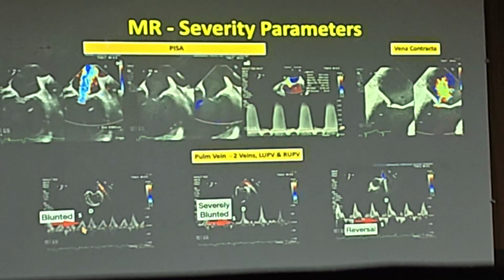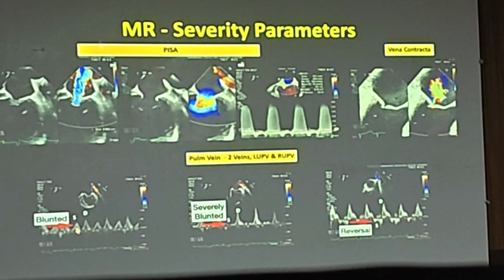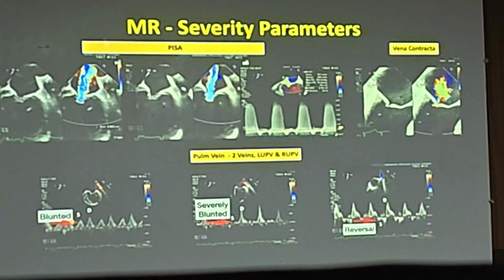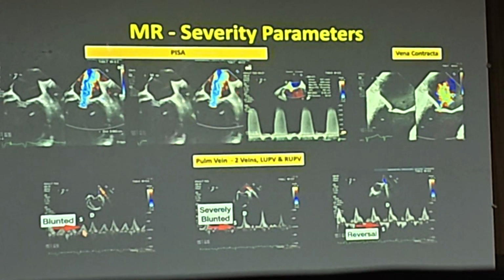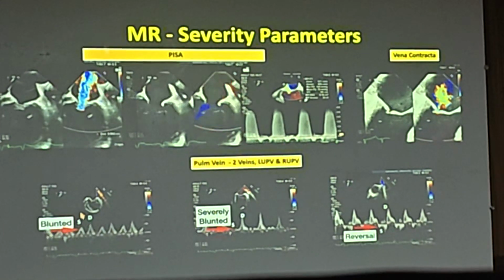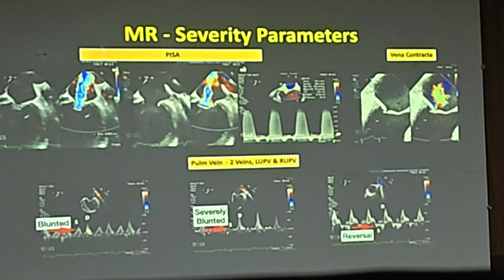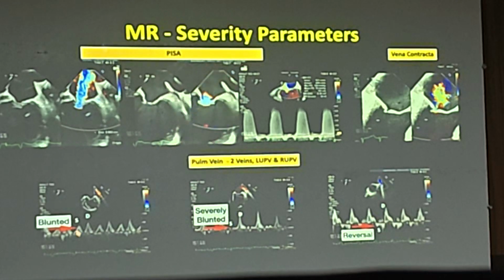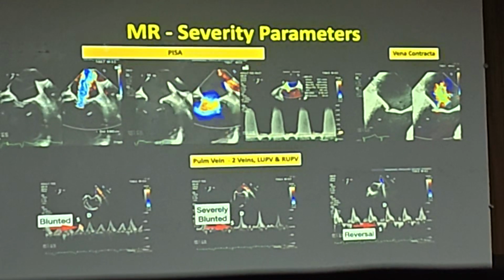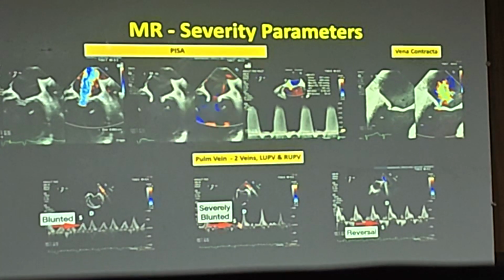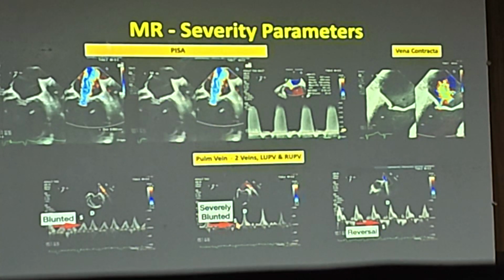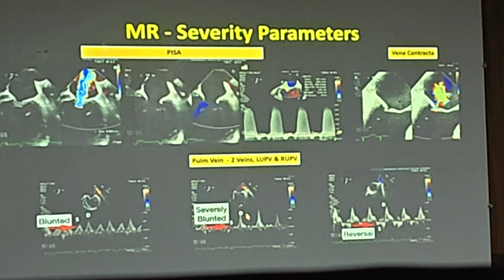The last but important thing is looking at the pulmonary vein. So you have the pulmonary vein over here. As the severity of the MR increases, the S wave starts to come down. Typically, the filling always happens during systole, so in a normal person your S wave is always going to be larger and the diastolic filling will be less. But in a case of MR, as it progressively increases, the S wave becomes lesser and lesser, more and more blunted. You can see that this is very significantly blunted, so the MR is quite significant here.